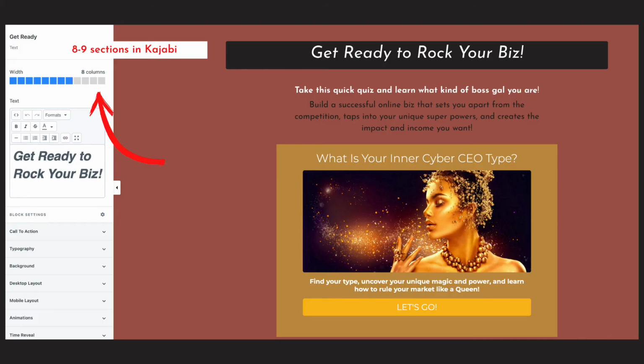Tip number 2, and this is something that I see that not necessarily everyone does, even the pros. Keep the width of your landing page to 800 to 900 pixels across. So if you're building in Kajabi, there are actually 12 segments across the page that Kajabi divides your page up into. You want to always keep your text into 8 or 9 of these sections on your width.